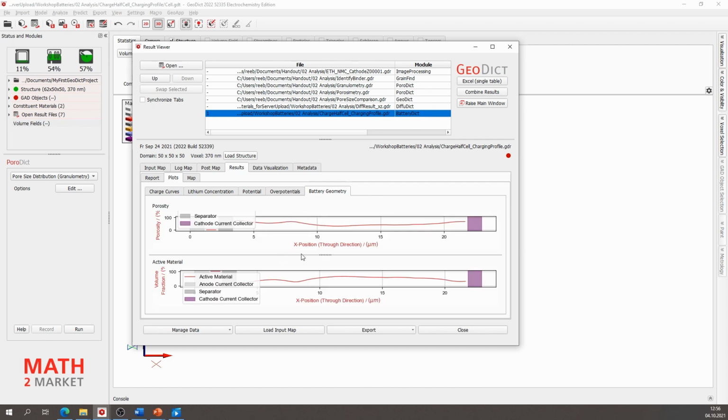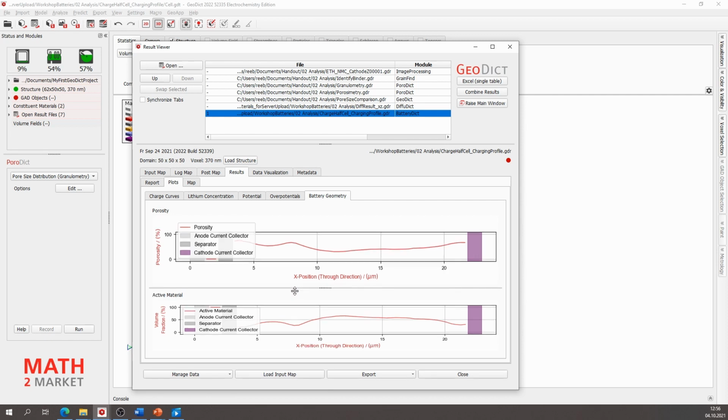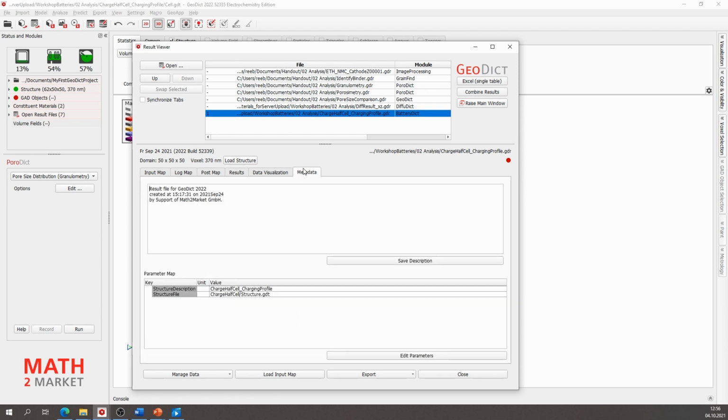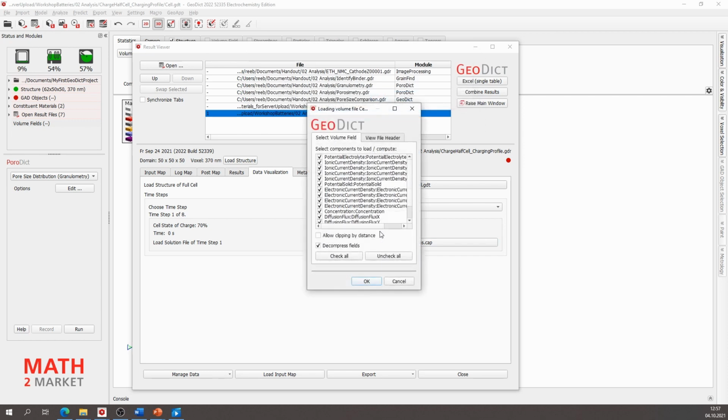And we also get some information about the battery geometry, where, for example, the porosity is, how big the porosity is near the separator, or in between, in fact, the collectors, and the metadata. Okay, here we can choose the cell SOC at which percentage, and if we stay at the full charge, we can click on load the cell.